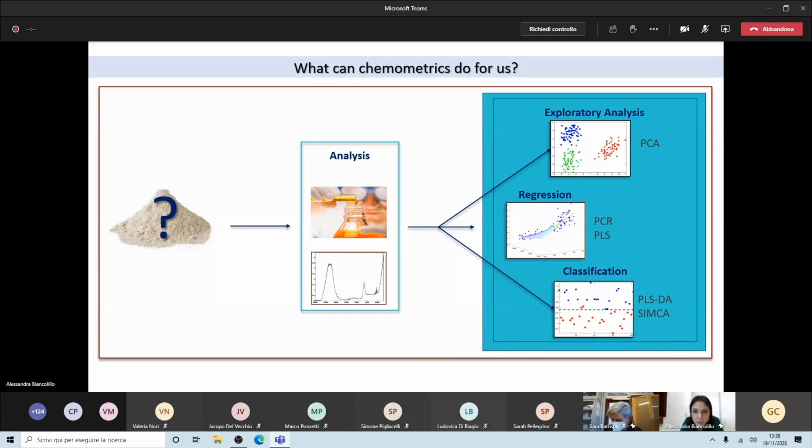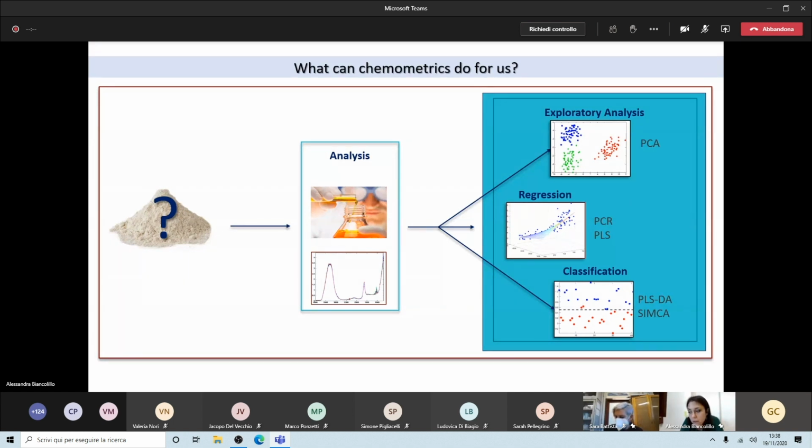There are different methods for exploratory analysis. One is principal component analysis, and this is the method that we'll see soon. After this, a second path we can take by chemometrics is the one leading to regression. I'm pretty sure you have heard about regression before. There are different chemometric methods for regression.